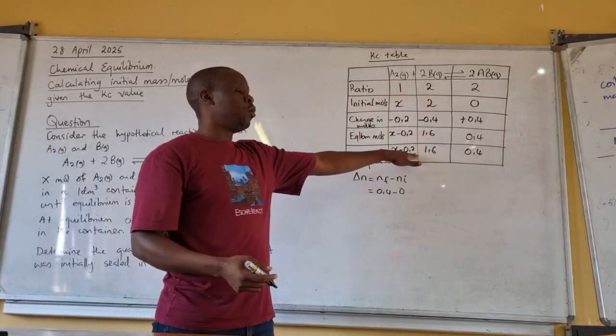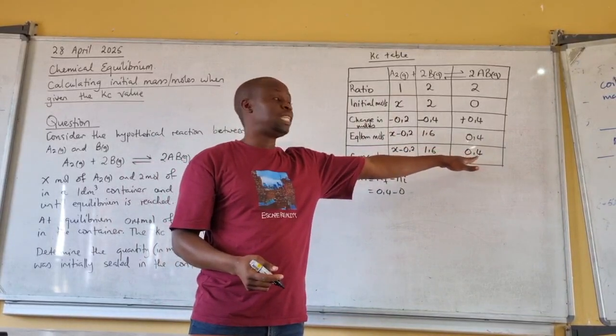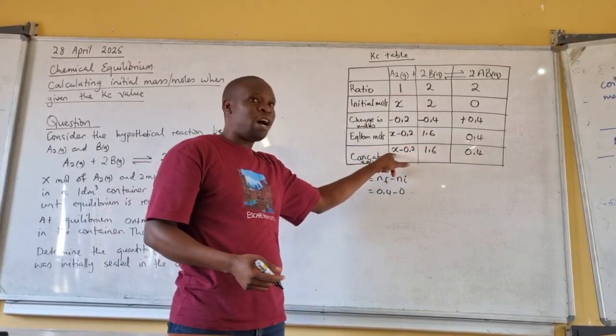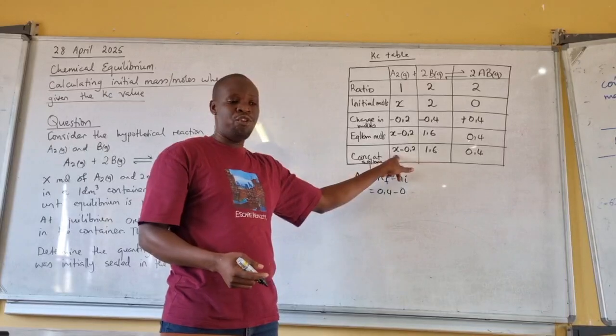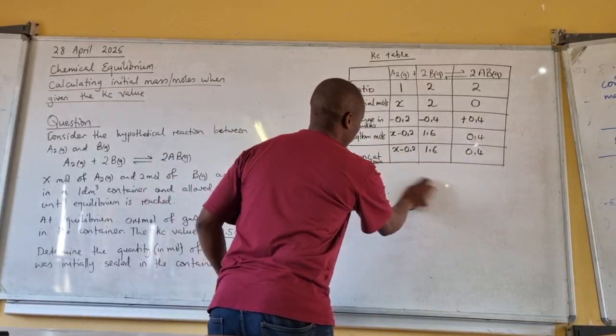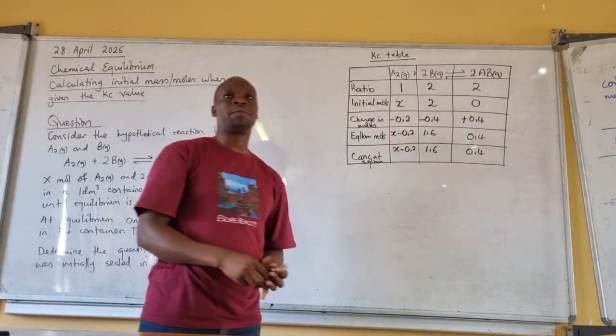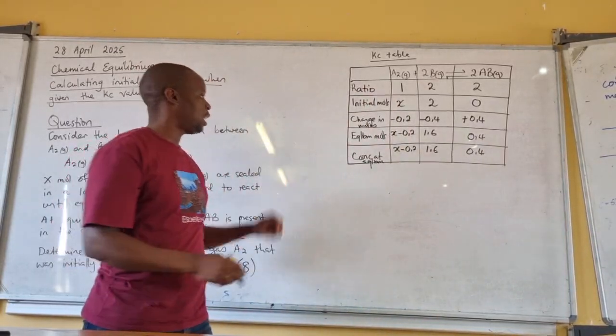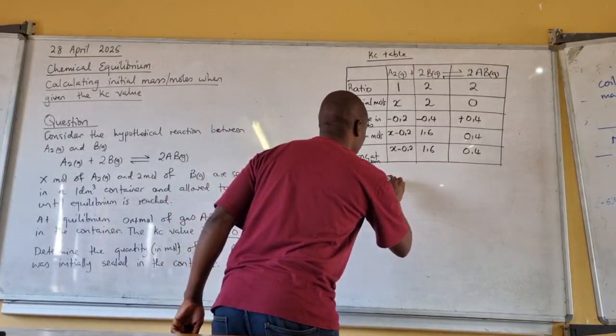These are the concentrations at equilibrium, but with our X being unknown. Right, let's move on to the KC expression. Let's move on to the KC expression. KC